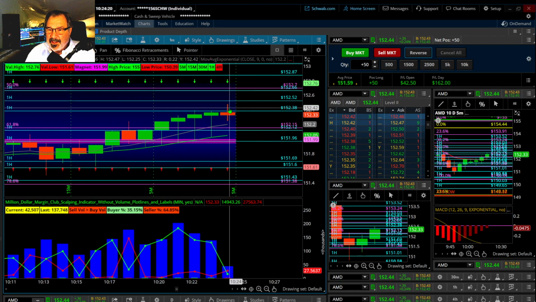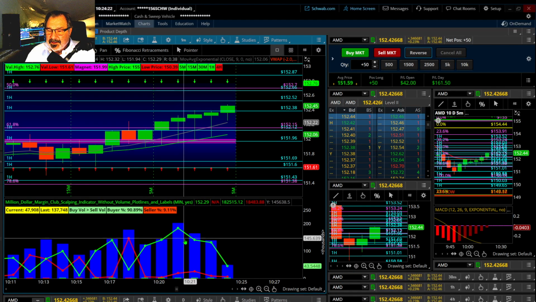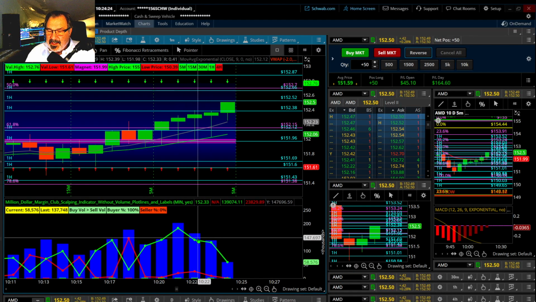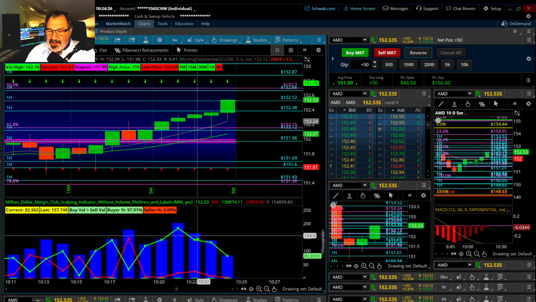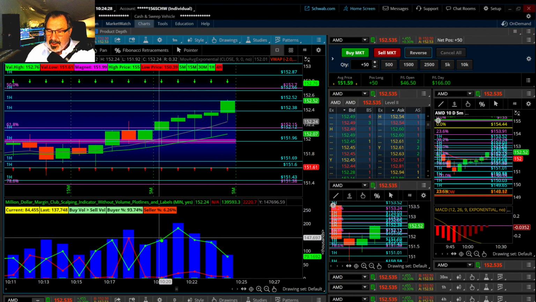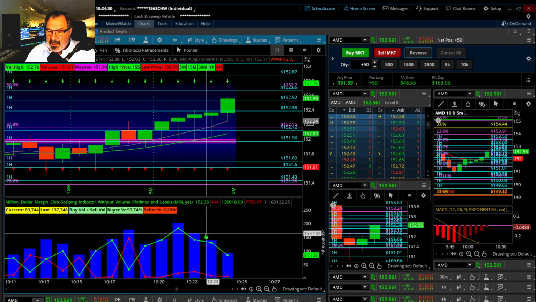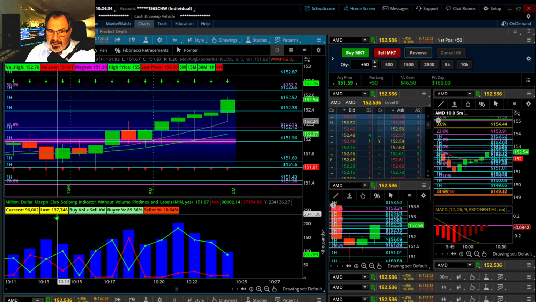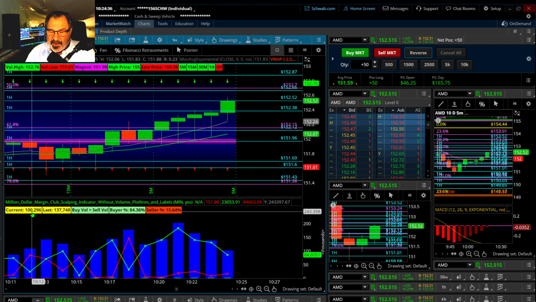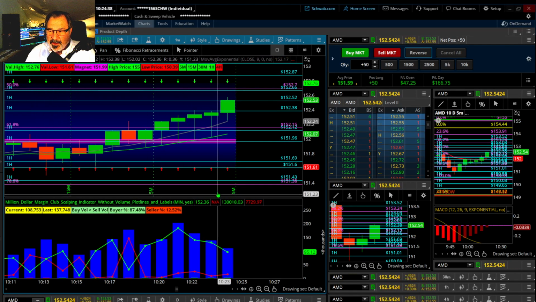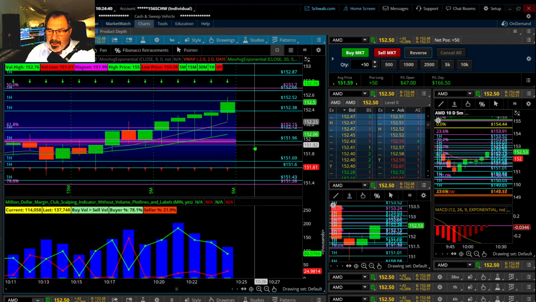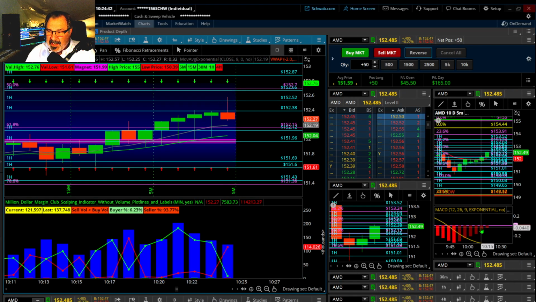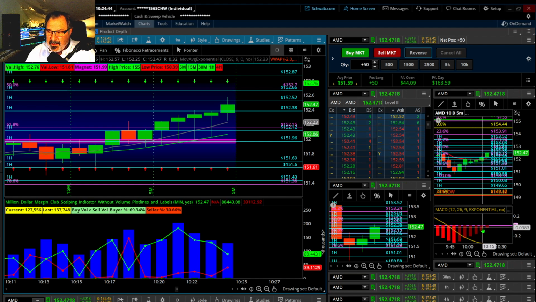Well, this is why I'm not going to get out. This kind of leveled off here. It didn't continue its descent on the scalping indicator, right? So you look at the overall movement while you're watching the volume. Is this volume about to pick up? It sure does look like it is. This is the last candlestick volume. This is the current. So you can look at these things and see, are people propelling this up? The MACD is saying it's going up, and it's continuing to drop on the sellers.